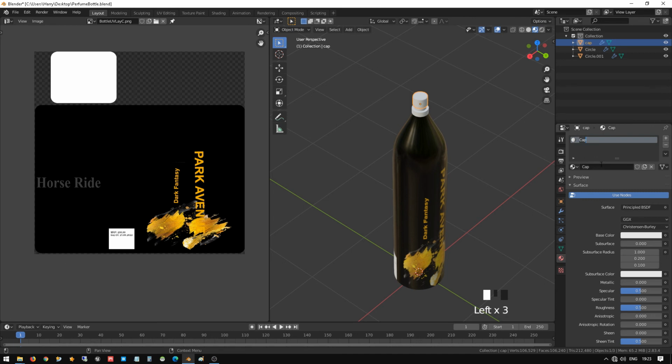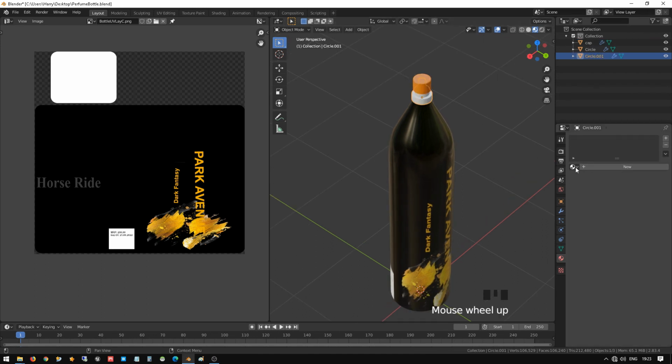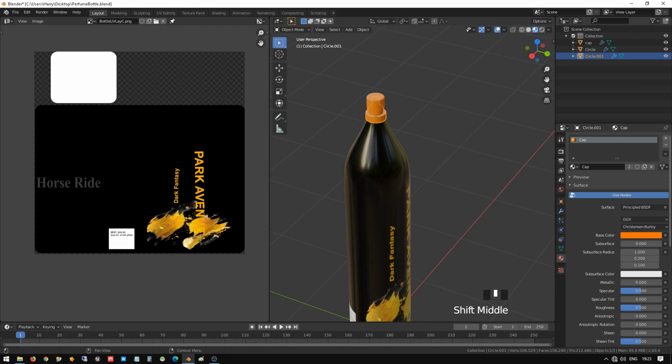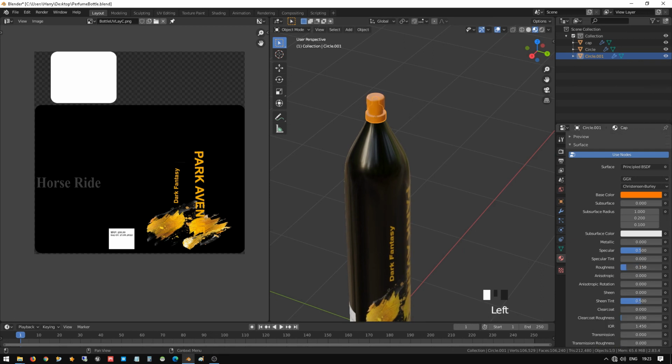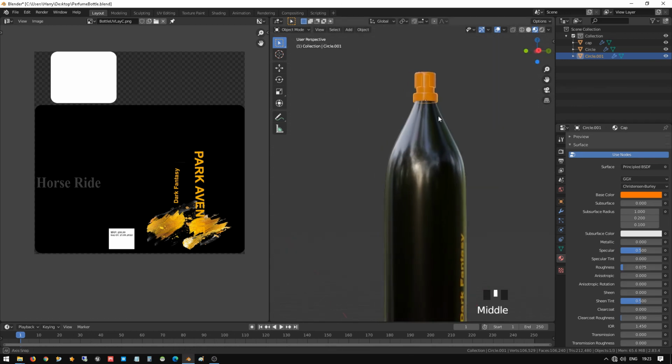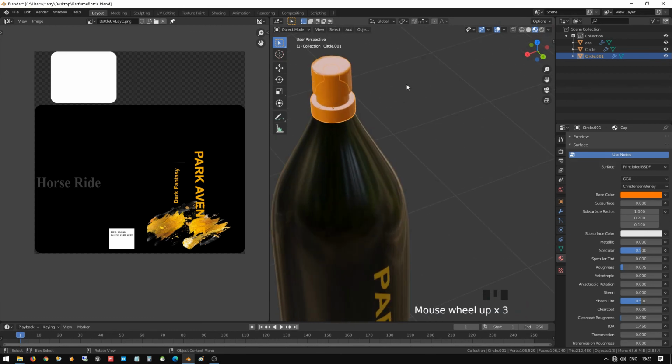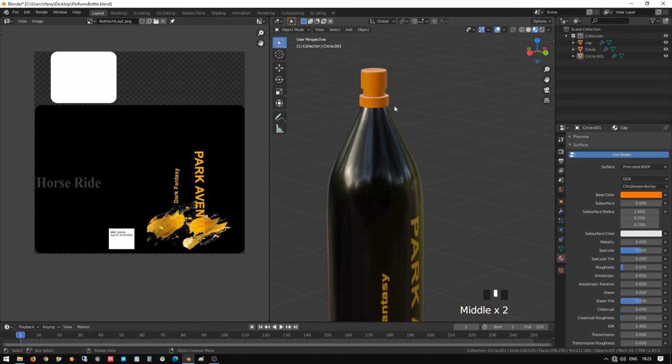And let me give the material color for this. Create a new one and rename it to cap, and apply a light golden orange color. Okay, let me make this a little dark. Here I am going to apply the same. Select the cap and assign the same, and I'm going to reduce the roughness value to make it look glossy finished. Here you can see that it also looks finished.